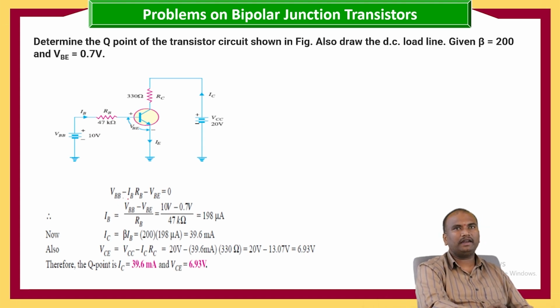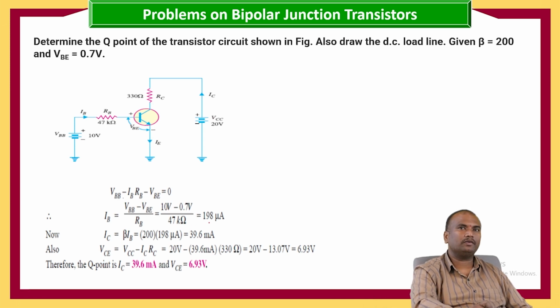Here VBB minus IB into RB minus VBE is equal to 0, where IB is equal to VBB minus VBE by RB, which is equal to 10 minus 0.7 by 47 kilo ohms, which is equal to 198